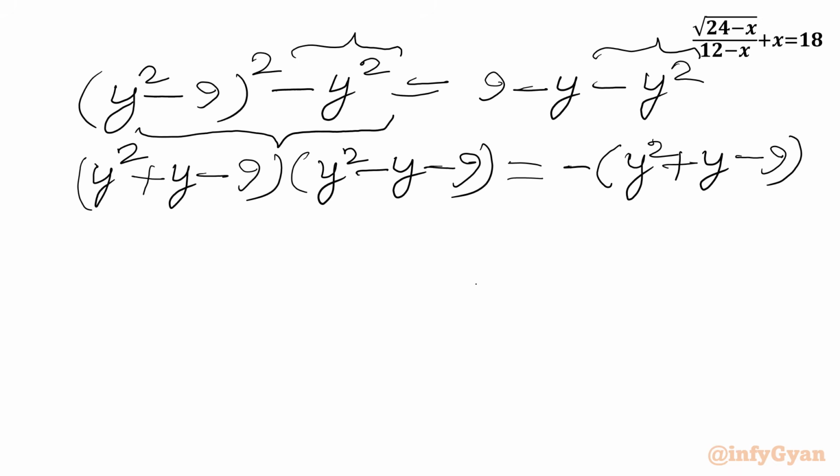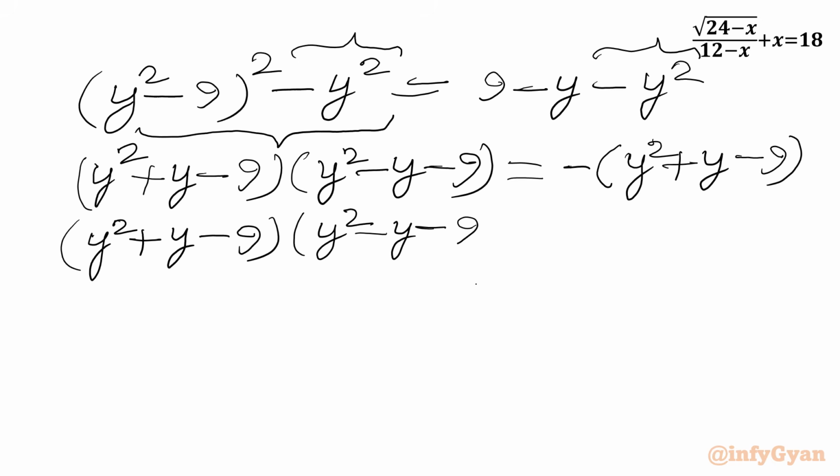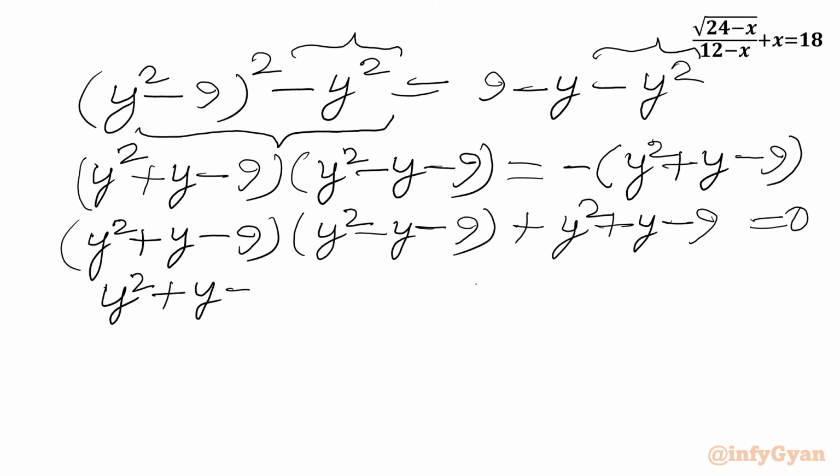We'll write all the terms to one side, and then we'll take y square plus y minus 9 common. So I can write (y square plus y minus 9) times (y square minus y minus 9) plus y square plus y minus 9 equal to 0. Now we'll take y square plus y minus 9 common. So in the other bracket, we'll get y square minus y minus 9 plus 1